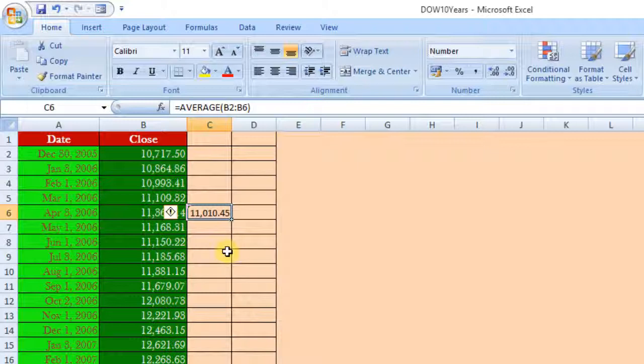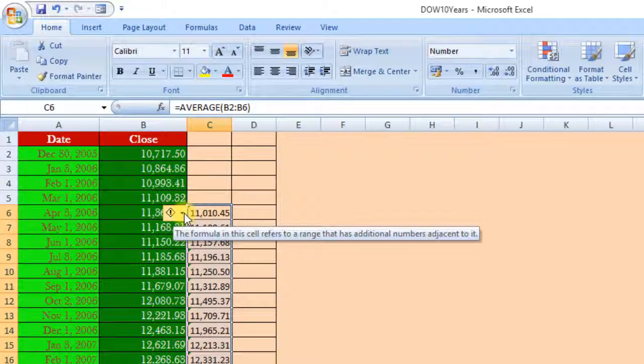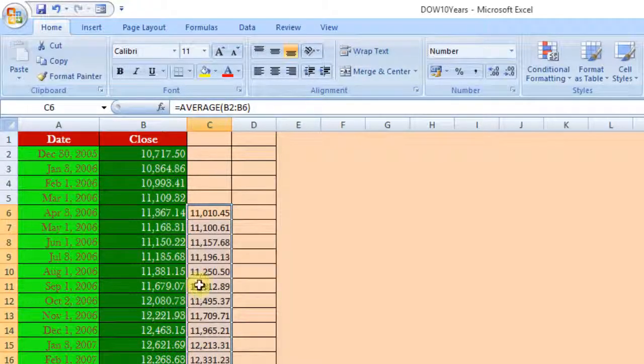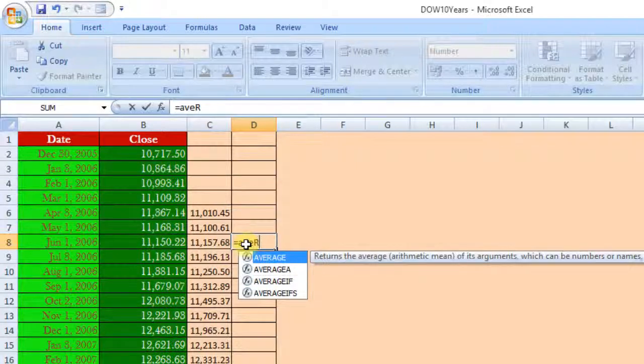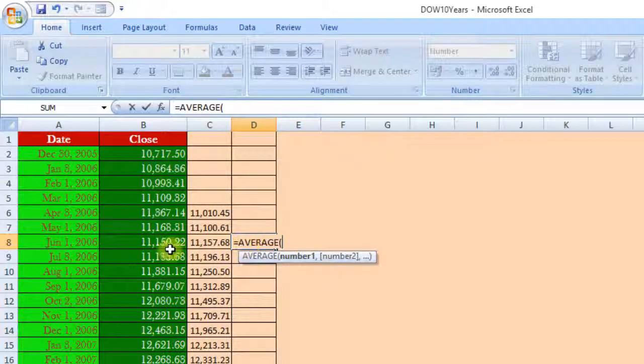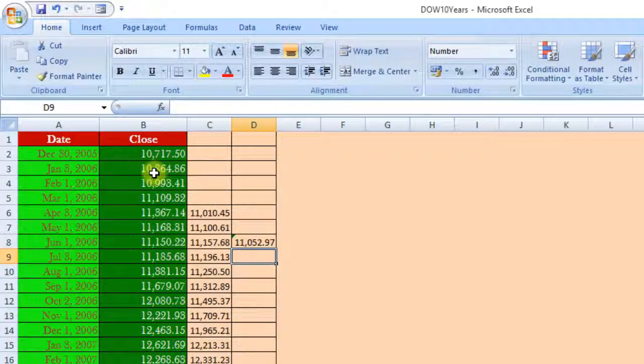A 5-month simple moving average is calculated. Now drag the same formula to remaining months. 5 months moving average is calculated on your time series data. Also compute 7 months moving average as before. To forecast next month Dow close value, drag both 5th and 7th month moving average to next row.